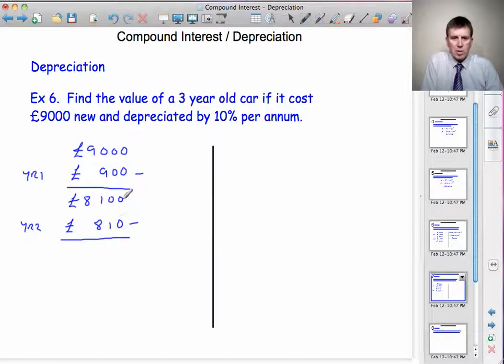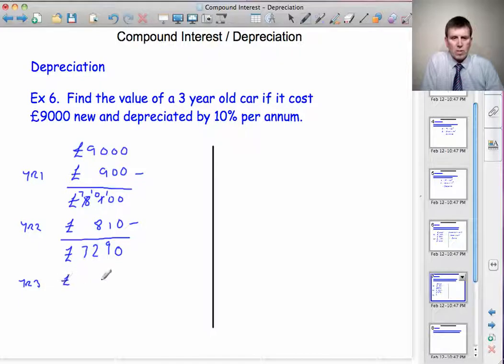And so we've got 0 take away 0 is 0. 0 take away 1 I can't, so we'll borrow that one there. 10 take away 1 is 9. Borrow 1 from here. 10 take away 8 is 2. £7,290. Year 3